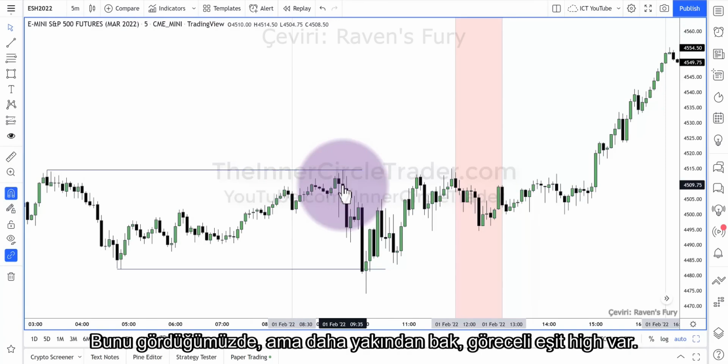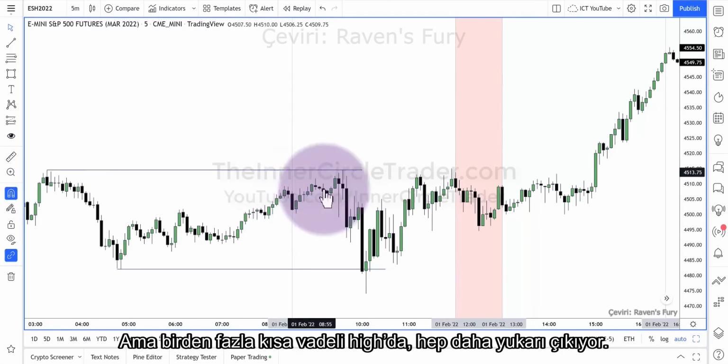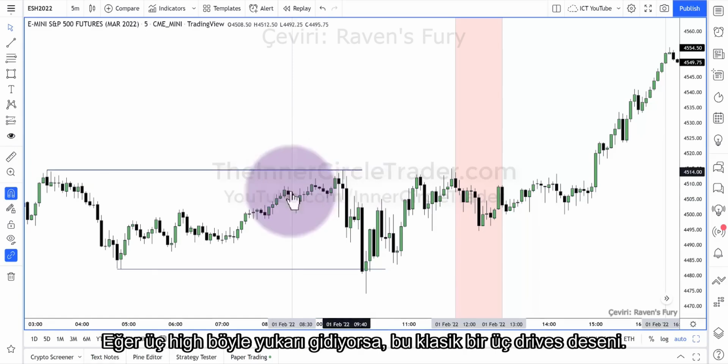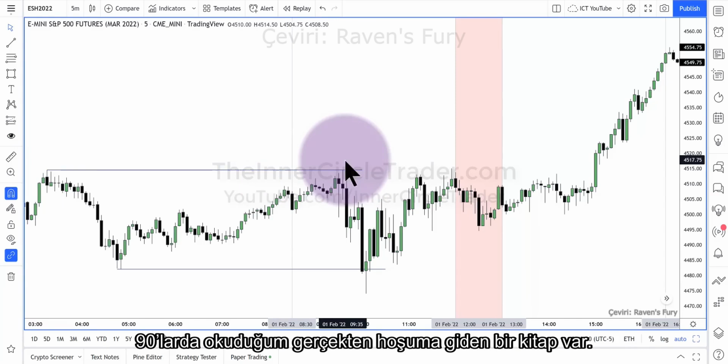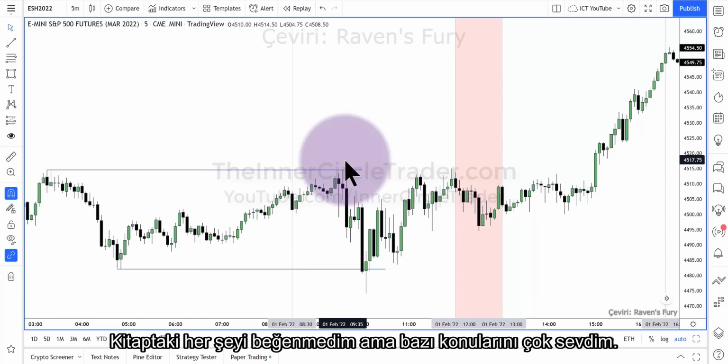Exactly the same high. When we have that, but look closer, we have relative equal high, but we have it in multiple short-term highs that keep going higher. If there's 3 highs that go up like that, that's a classic 3 drives pattern. There's a book I really enjoyed when I was in the 90s, Linda Raschke and Larry Connors' Street Smarts book. Really nice little book. I don't like everything in the book, but I liked a few of the things that